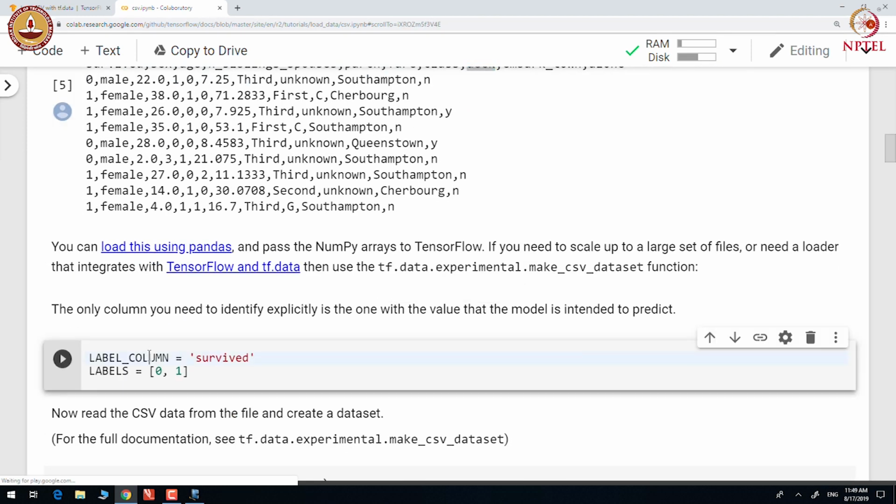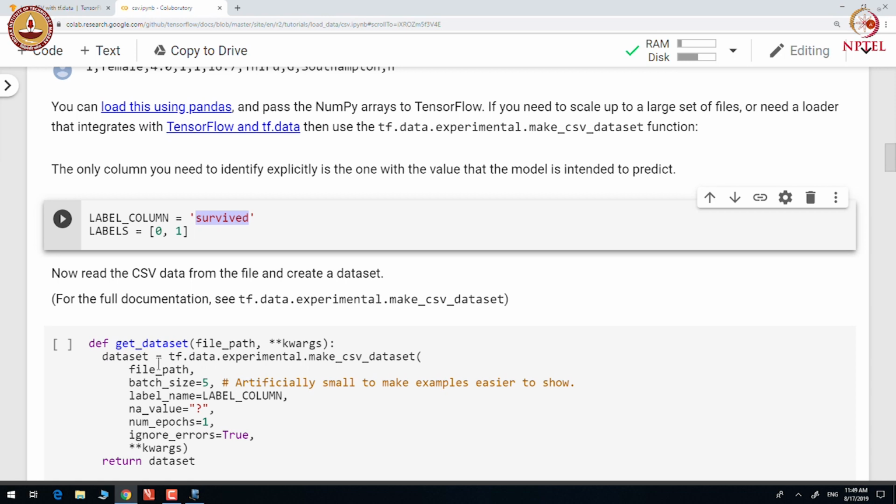We separate the label column, and as we said, there are two labels, 0 or 1. Let us read the file and create a data set.